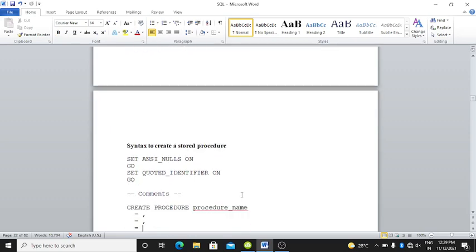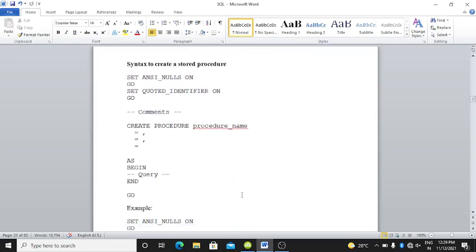Here is the syntax to create a stored procedure. SET ANSI_NULLS ON, GO, SET QUOTED_IDENTIFIER ON, GO. Then there is a comment, CREATE PROCEDURE, then the procedure name, parameter name = value, comma, parameter = value, AS BEGIN, the query, END and GO.